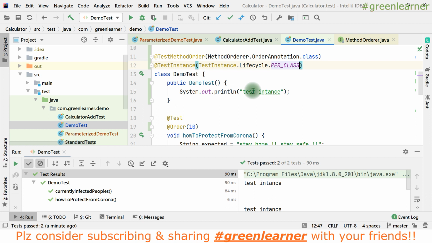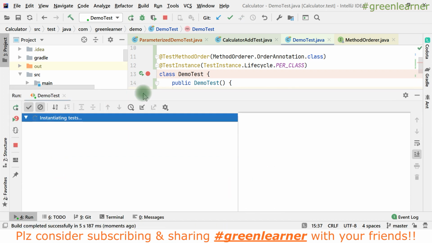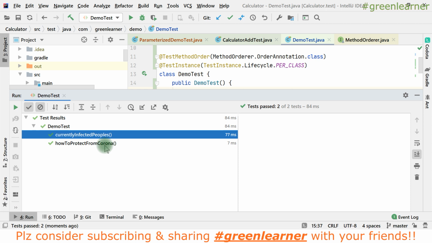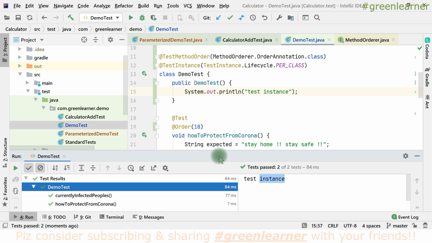So if I show you now, the test instance will be created only once, right? Spelling correction. Yes, you see, it is created only once. So this is how you can control the test instances.